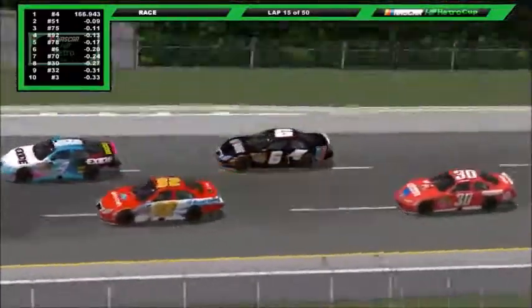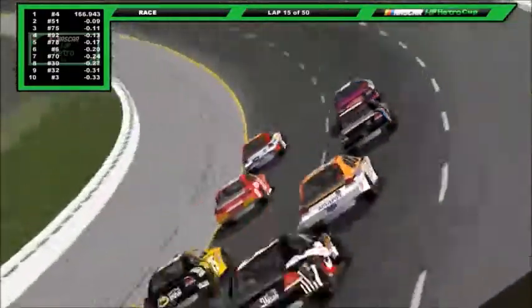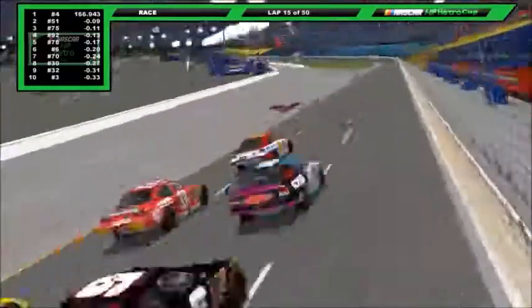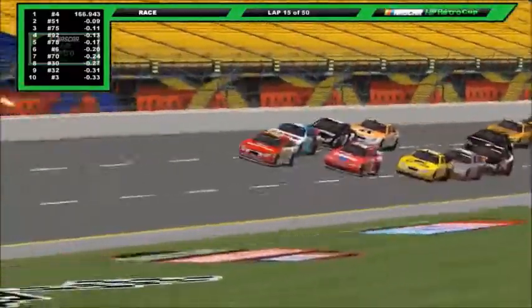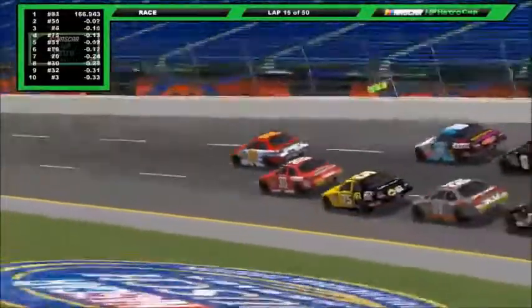Yeah, definitely a good move by McMillan to make his way all the way up to the front of the field from starting in last place. Really good effort by him so far this week. So far, he's up to the 4th position. He might lose that here as he's stuck on the outside, but Jeffrey Finguy goes to lead a lap,